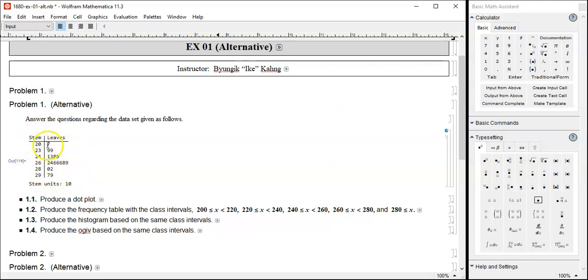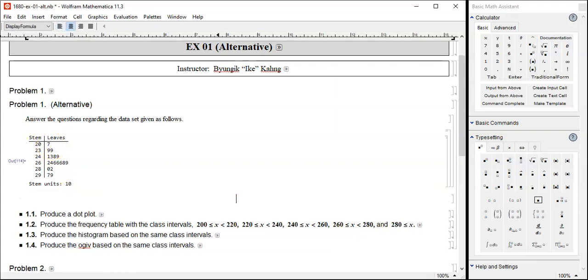So 20 and then 7, and the stem unit is the 10s digit. So 20 and then 10. So this is 200. 207. So you can retrieve the data set like this. 207 and then 239, and then 99, so another 9. 239 and then